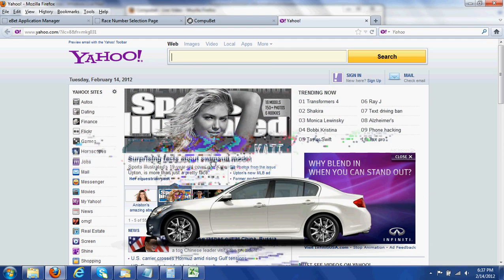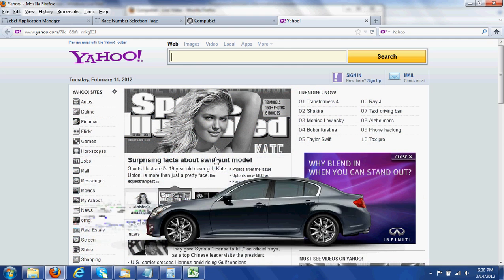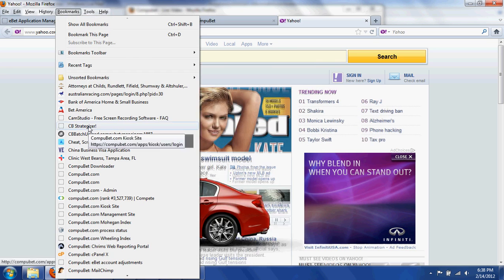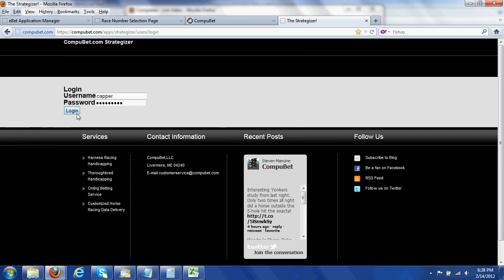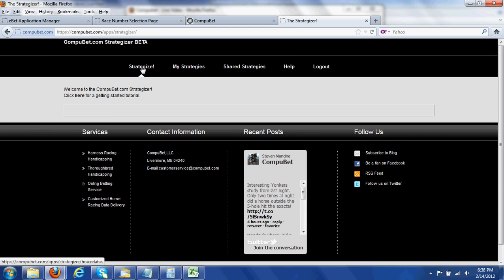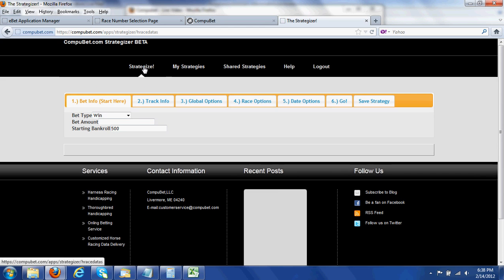This is a short tutorial on how to use the strategizer. First, go to bookmarks and find your strategizer bookmark, and then put in your username and password and log in, and then go to strategize. This is the very first step. Once you have strategies saved, you can go to my strategies, but the first time you use it, you will